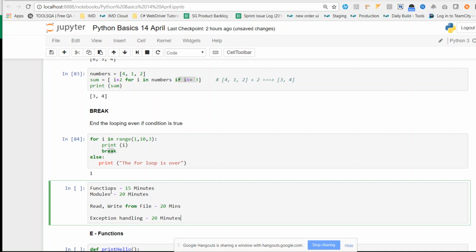So do you want me to continue today, maybe for 20 more minutes or half an hour, and complete this, or do it in the next class? How do you want me to do? Muni, Vignesh, yeah.